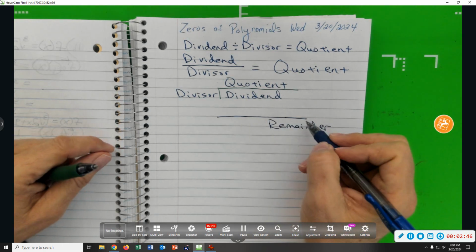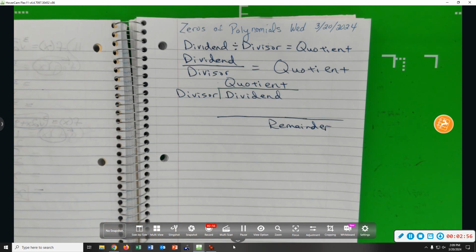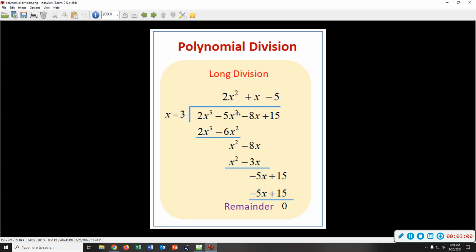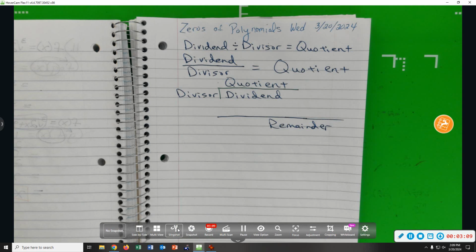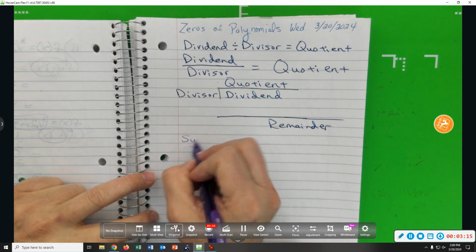So we're going to be doing a lot of division today. We're going to start off with the shortcut for polynomial long division. Here's an example. There it is, the polynomial long division. For our purposes, there's a shortcut called synthetic division. You're not going to have to go through polynomial long division at least. So synthetic division